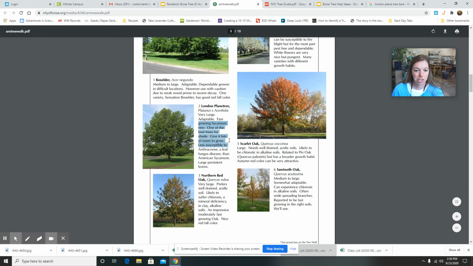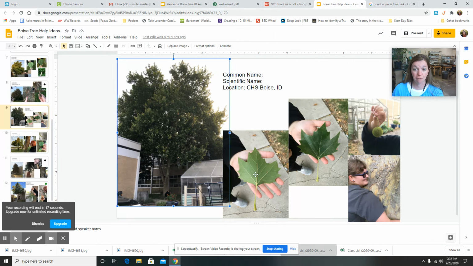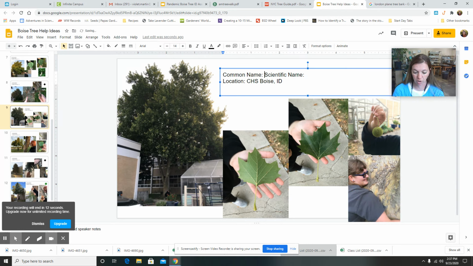One of the best trees for shade, gives lots of room to grow, less susceptible to some kind of fungal disease than the American sycamore, large, persistent leaves, okay? So anyways, that would be how you would walk through this, which is a very, very common tree in Boise. So I go American sycamore or London plane tree. Okay, and then you would copy that into Google and find out